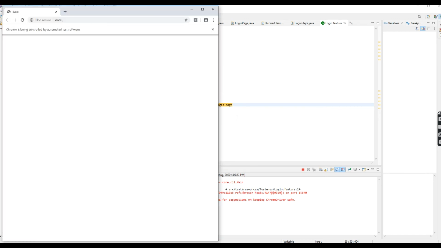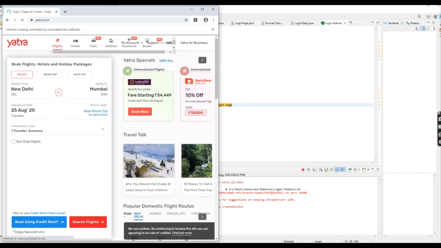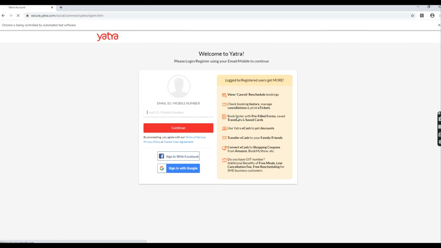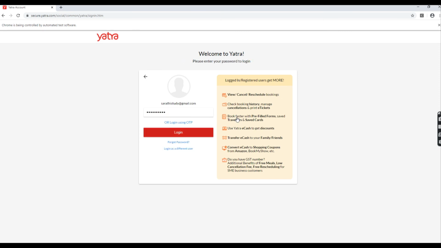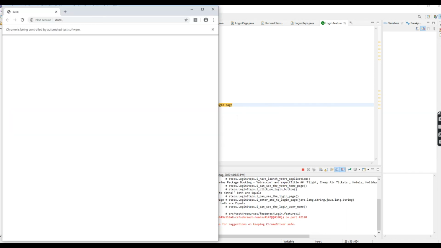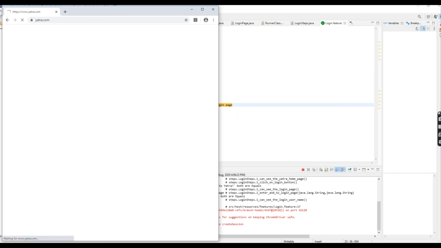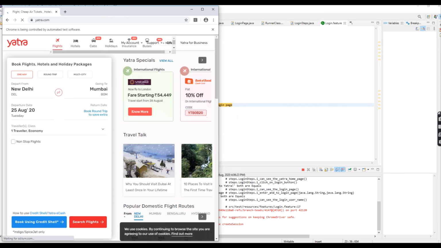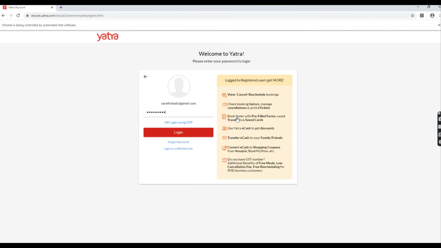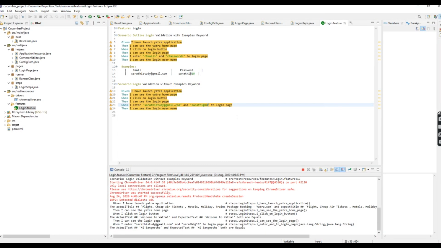Let's see. Launch the URL, maximize the window, and move to my account. Click on login. Enter the mail ID. Click on continue. Password. Click on login. Verify the Hi Sangeeta, the username. It will be validated. Again it launches the browser and automates the scenario. First it automates the scenario outline. Now it's automating the scenario case. The same case only. I just told you how we can implement it.